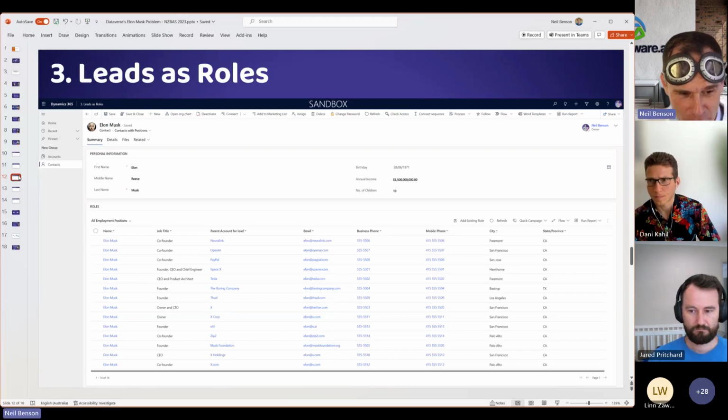I do like repurposing them for this because they've got lots of the things that we need. A lead table has got job titles, it's got a link to the contact records, it's got a link to accounts and contacts, it's got phone numbers, it's got email addresses. It integrates with Dynamics Customer Journeys, Customer Insights Journeys, and some other CRM systems and other marketing systems. So using leads as a role is a really nice repurposing of the lead table.